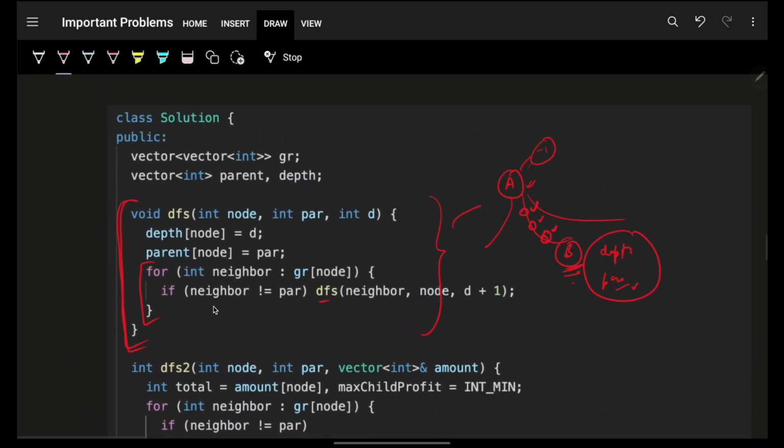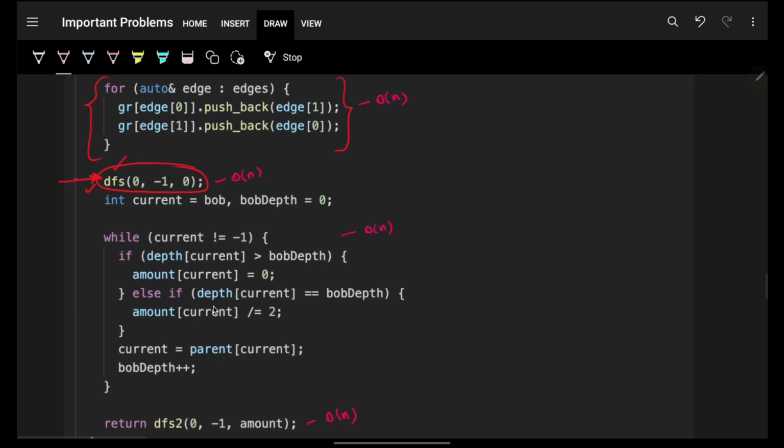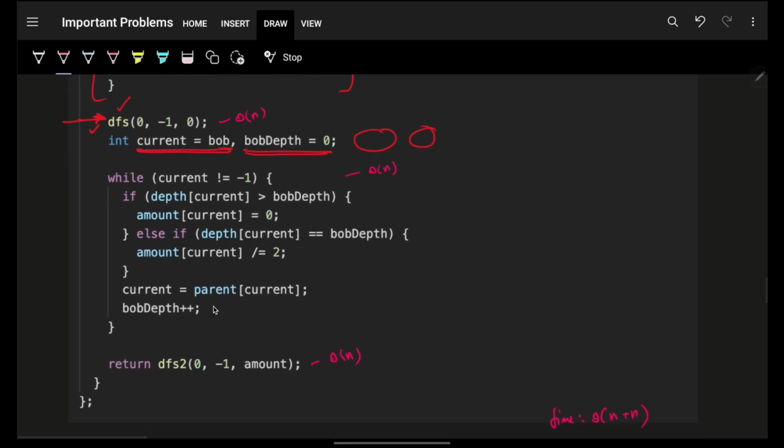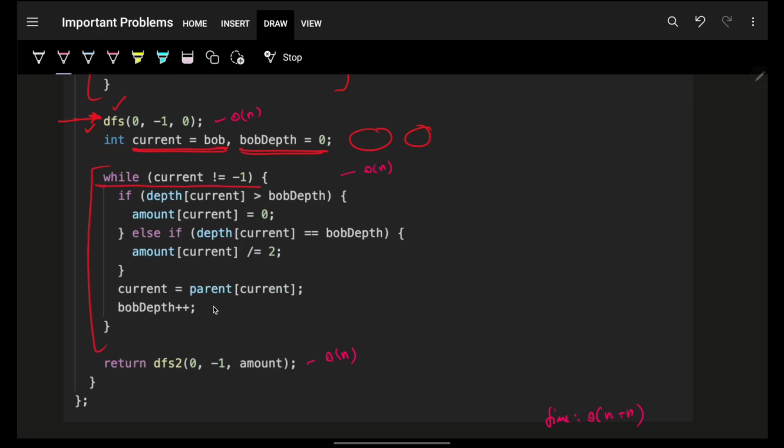Now, when this is done, which means I have found the depth and parent, I have to now retrace back the path from Bob. So I will take the current node as Bob and Bob depth as 0. Again, as I told, there are 4 variables which I need. The other 2 variables will be derived from the computation which I have done in the previous step. Now, until my current becomes -1, as I told in the dry run as well, if the depth of current, this is Alice and this is Bob,